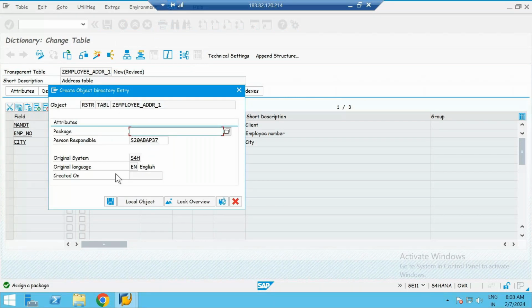Right. So we used a local object for the older table, the primary table. Now let's try to put it in a TR. I just wanted to show you both local object and TR. For local object, we'll just click on this local object. For TR, we'll have to specify a package here. We created a package in our first class, right? Z ABAP